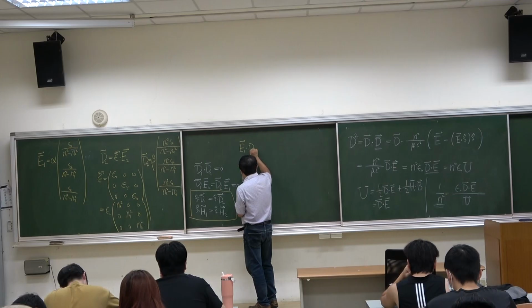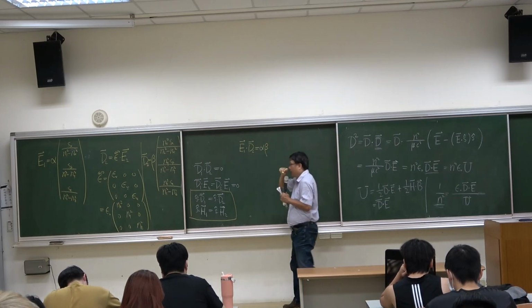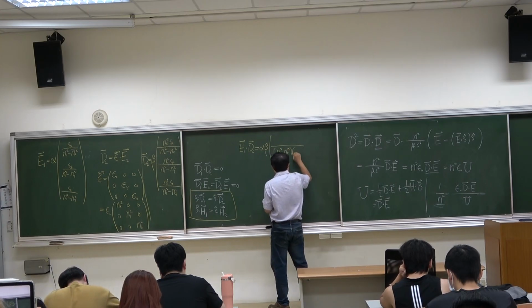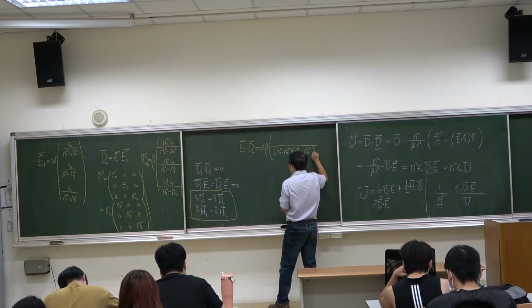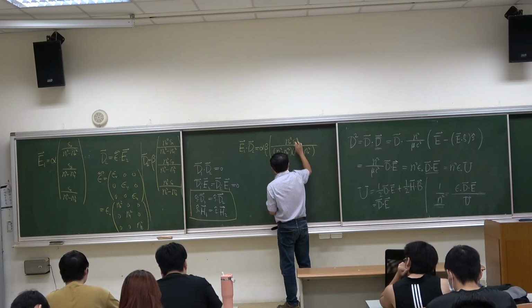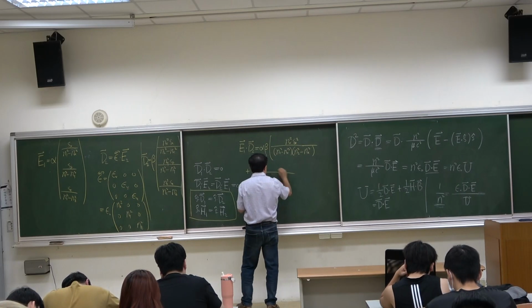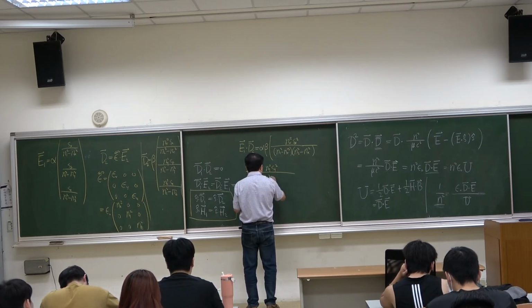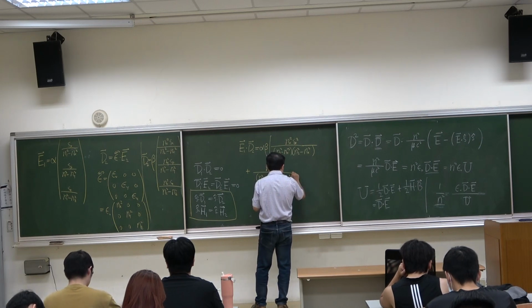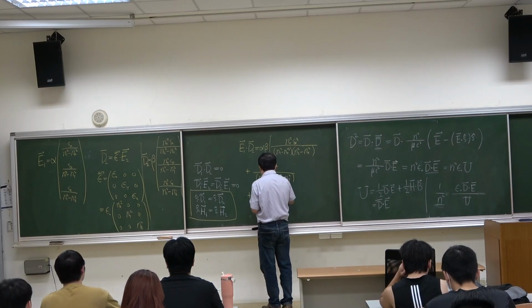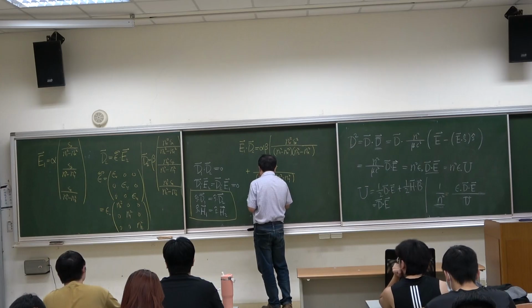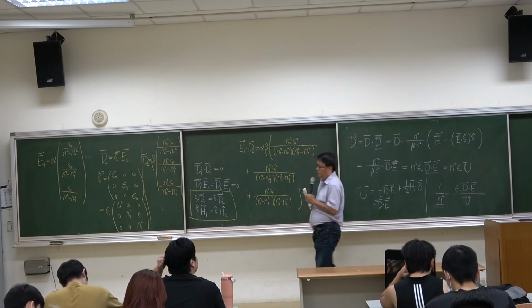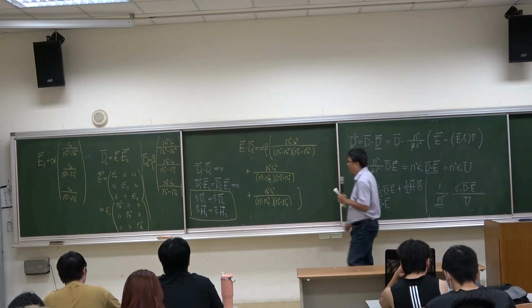So E1 dot D2 is equal to alpha beta times this, the result is this. But